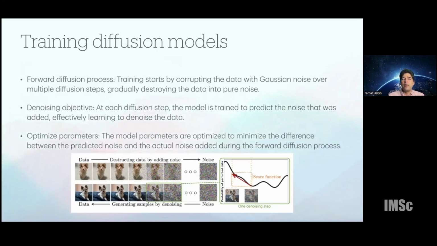GANs particularly are sometimes not as good at understanding the distribution due to things like mode collapse, or, for tabular data and so on, there may just not be enough variety in your data set for it to learn the distribution well.